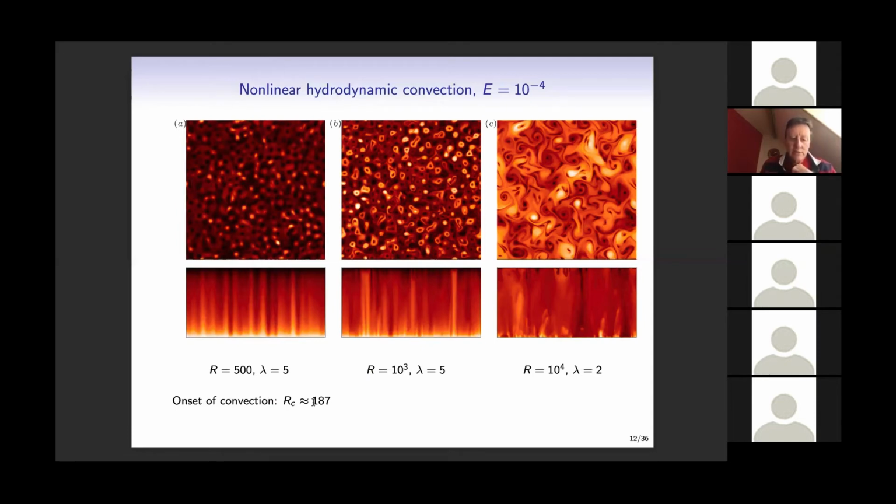So the onset of convection: this R is, remember, the scaled Rayleigh number. It's the conventional Rayleigh number divided by the Ekman number. So the actual Rayleigh number is 500 times 10 to the 4, so that's 5 million here, or 10 million here. But of course, you need a large Rayleigh number even to kick off convection, because you've got a small Ekman number. That's why people use this number, because it's more of an order 1 number. So close to onset, you get